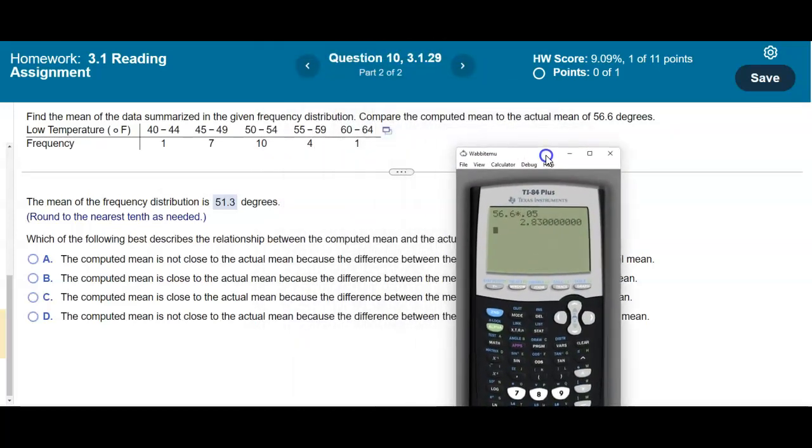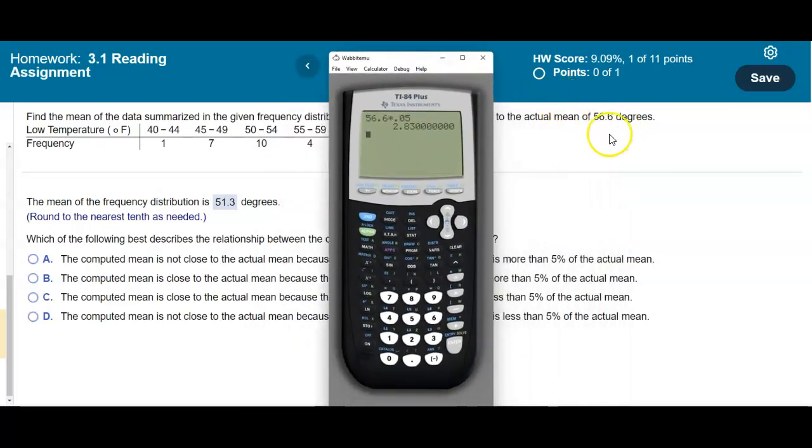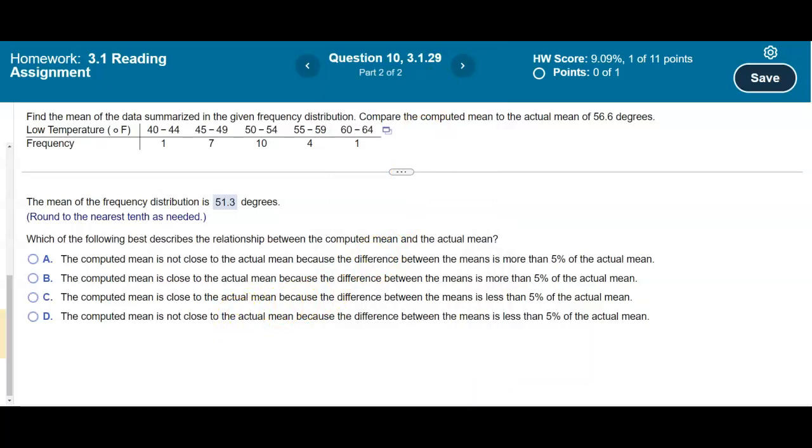Now, let's find the difference between the actual mean and the computed mean. So if we take 56.6 and then subtract the mean of the frequency distribution, which is 51.3, we get a value of 5.3, which is bigger than 5% of the actual mean. So therefore, we would say that the computed mean is not close to the actual mean because the difference between the means is more than 5% of the actual mean. So therefore, we're going to select